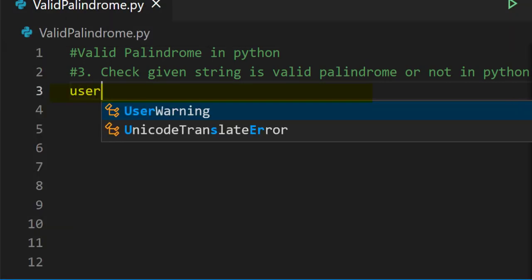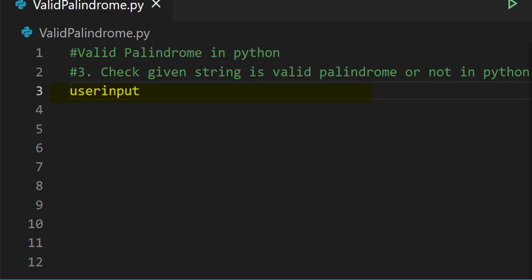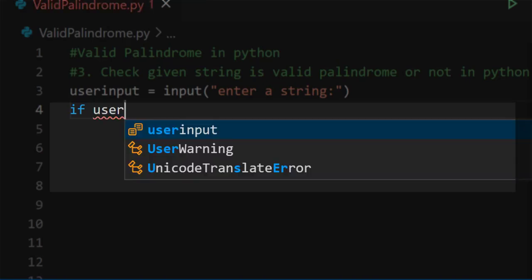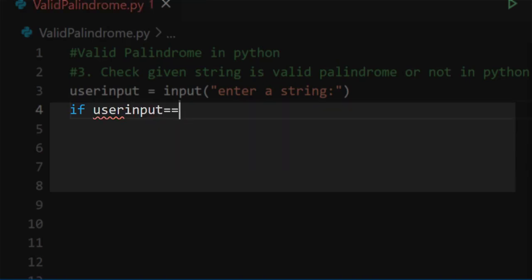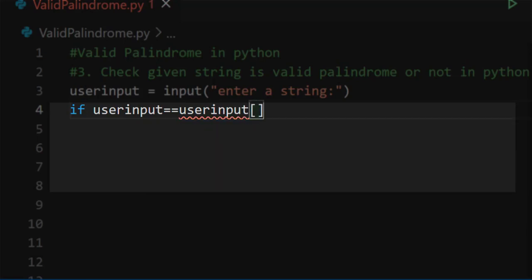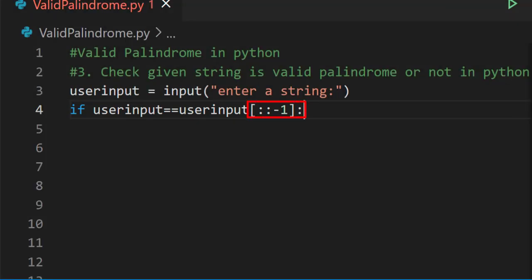First we'll write user input is equal to input, enter a string. Then we'll write an if condition, that is if user input is equal to user input with string slicing operation [::-1]. In string slicing, we have 3 positions.